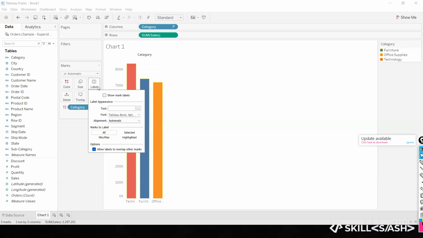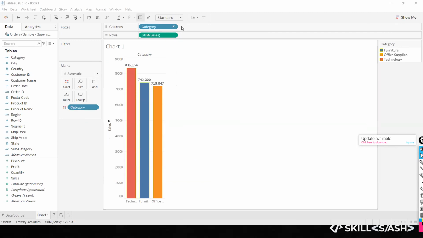Next is what? Label. Basically if you want to give some label to this, show marks label. If you just click on this, can you see it is showing the aggregation? Aggregation is nothing but in technology, what is the sales happening? This is the total. Say 836K is the sales which is happening in this technology. So like that. And there is one short way to do that: you can click on this T symbol, which will give you a label which is on top. So if I go to